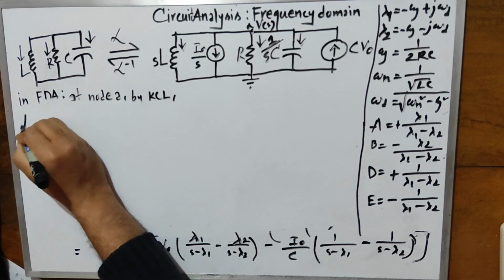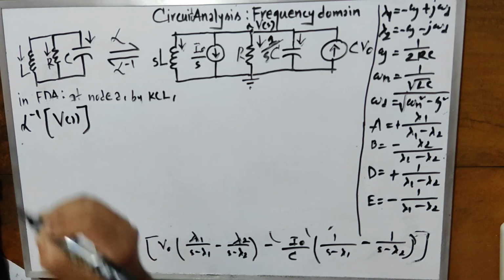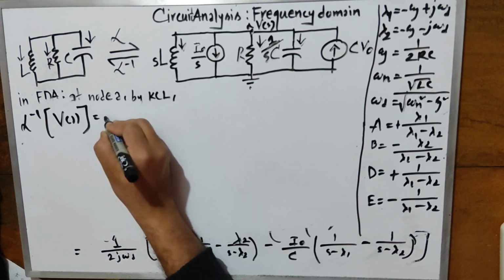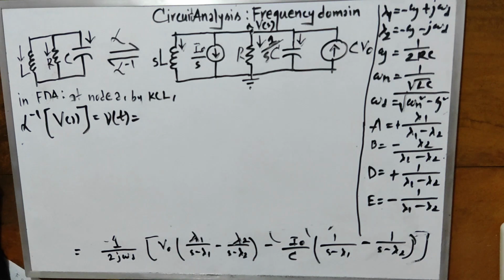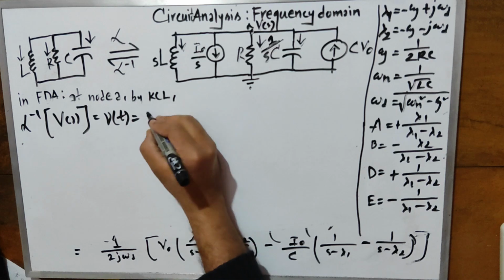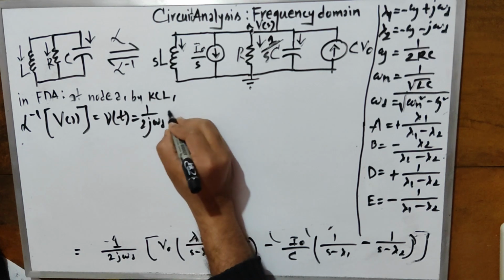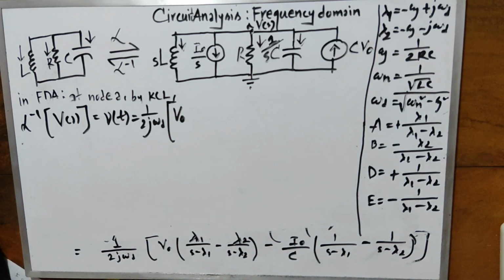So now what I'm going to do is apply the inverse Laplace transform on the node voltage, which is in the S domain, the complex frequency domain. It will give me the node voltage in the time domain. Now, 1 by 2j omega d, and in the brackets the initial voltage across the capacitor. So the inverse Laplace transform of this term will be,